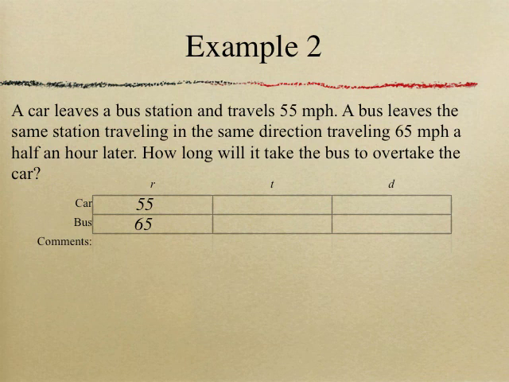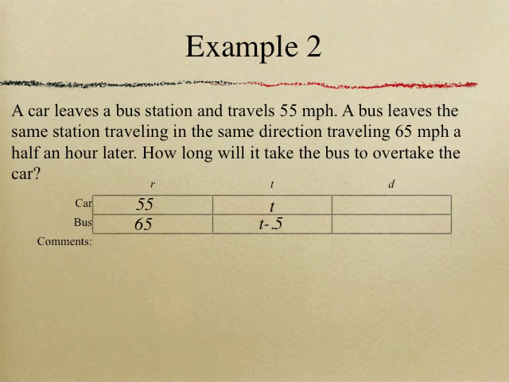Car leaves the bus station and travels 55 miles an hour. I've got that in the chart. A bus leaves the same station traveling in the same direction, traveling 65 miles an hour, half an hour later. So if the car has been traveling for a certain amount of time, the bus has been traveling 30 minutes less than that. So that would be t for the car's time and t minus 0.5 for the bus's